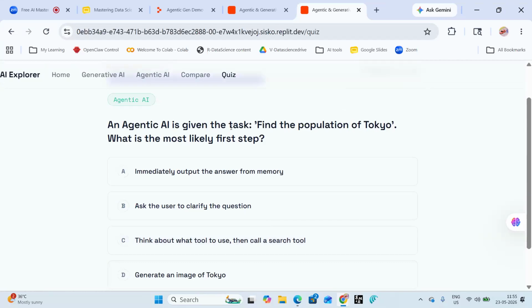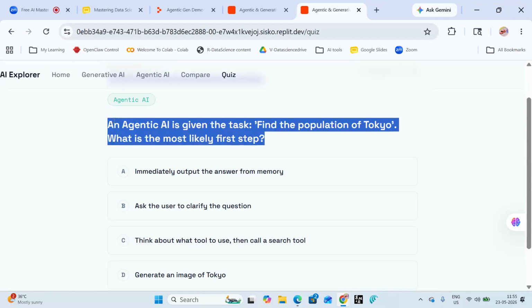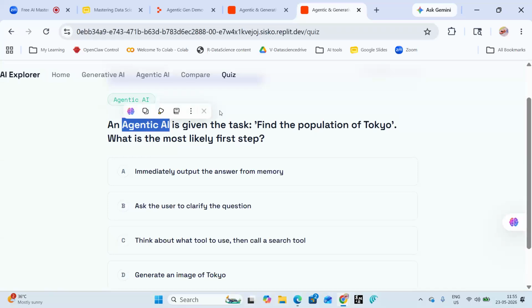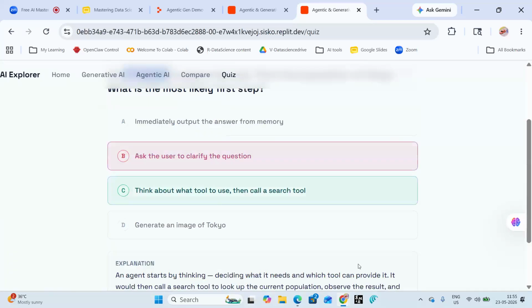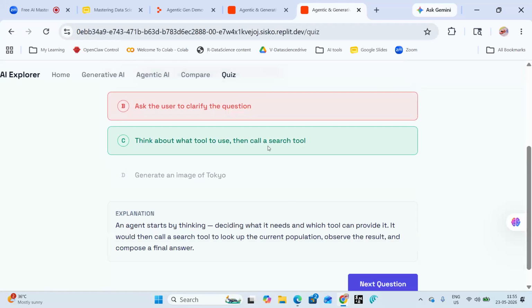An agentic AI is given the task: find the population of Tokyo. What is the most likely first step? Agentic AI: think, act. What will it do? Think, act, and learn. Ask the user to clarify the question. Oh no. Think about what tool to use, then call a search tool.